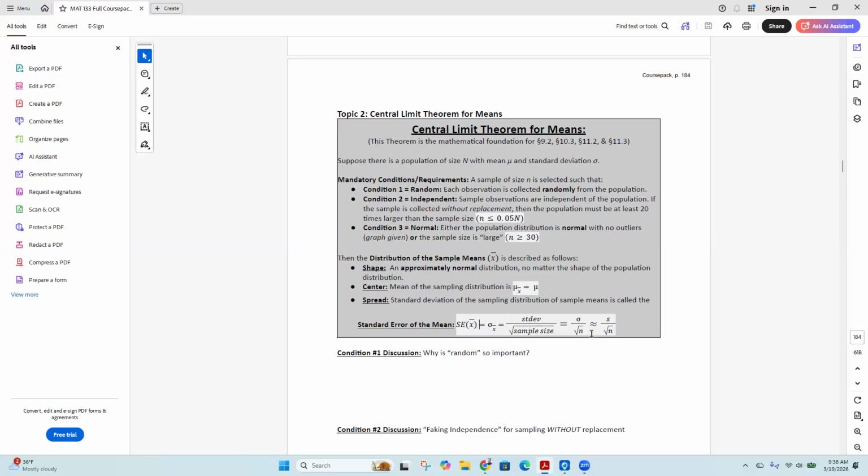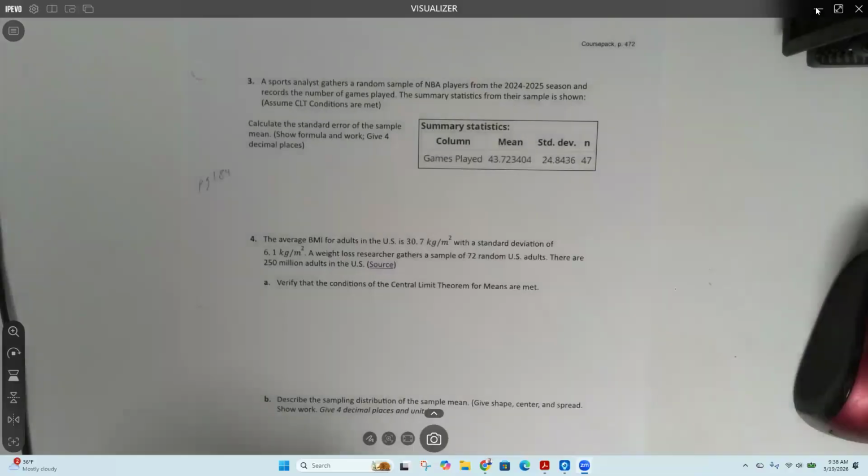Now this formula is not in your exam notes packet, so maybe it's going to be an important one to write down on your 8.5 by 11 piece of paper. But you don't need to write the whole thing. So I'm just going to write